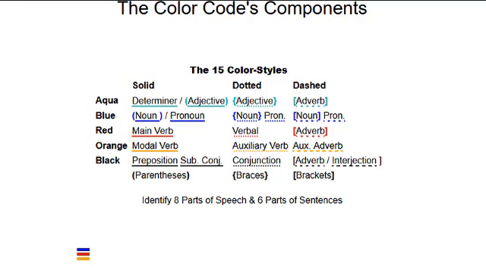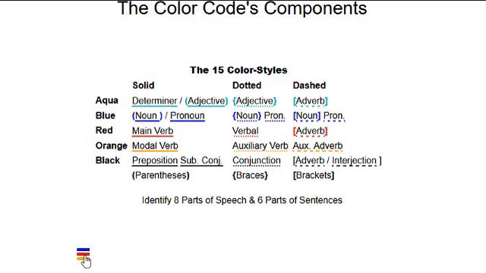You have seen black underlines used to indicate connectors, aqua and blue to indicate noun phrases, and red to indicate verb phrases. The warm colored orange underlines indicate auxiliary verbs, which always combine with the red underlined main verbs. The 3 line styles are solid, dotted, and dashed. These styles correspond to parentheses, braces, and brackets, which are used to indicate the parts of speech of phrases and dependent clauses. Note that there are only 8 parts of speech, and pronouns are coded the same way as nouns,